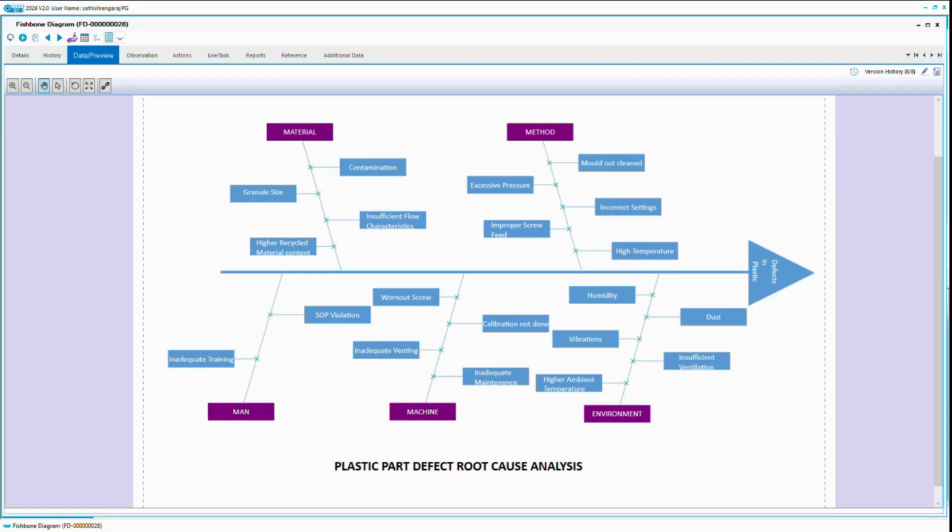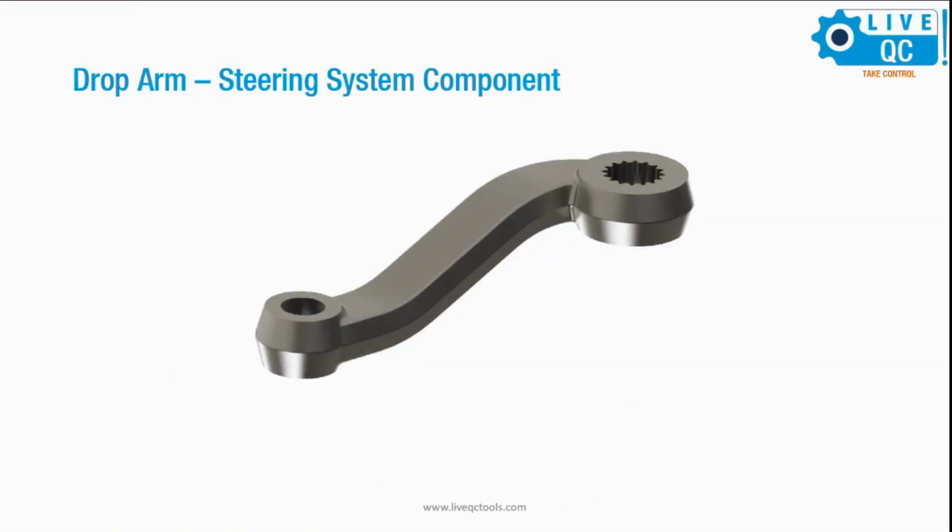The secret sauce for reducing the overall cost of quality is to look at your risks, which are enumerated in your fishbone diagram, not as a part of a ritualistic process called root cause analysis, but proactively as a part of cost of quality. If there's one thing I want you to take home today, it is that. And keep a mechanism for monitoring each and every one of them live on your system, putting a digital network together. I'll take this drop arm example.